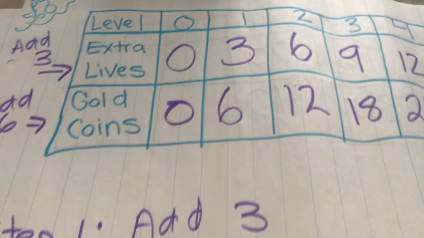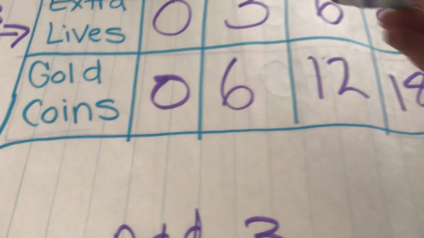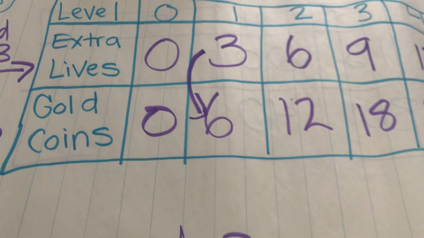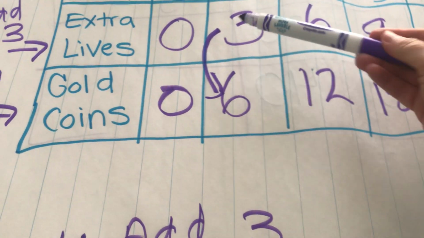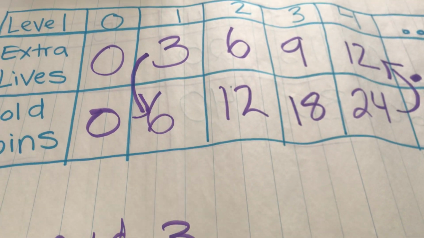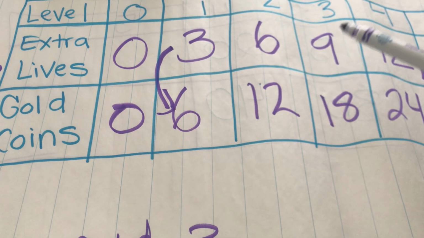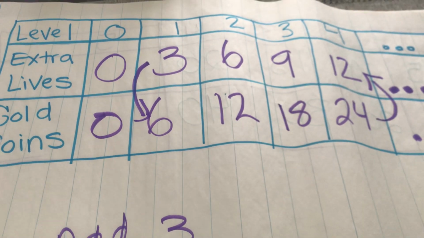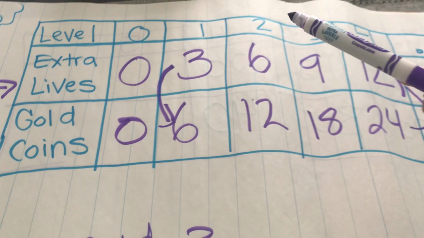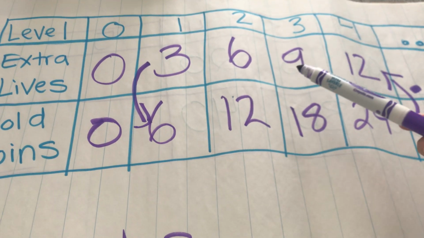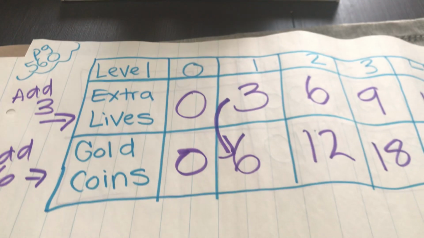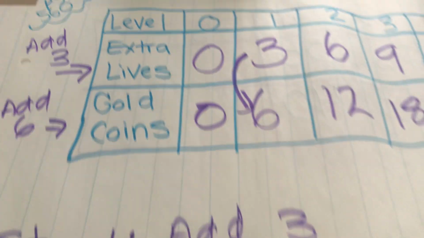Or if we went the other way, if we went from extra lives to gold coins, going from smaller to bigger, I could add or multiply. Let's stop to think. What are we doing each time? 3 to 6, 6 to 12, 9 to 18, 12 to 24. We could multiply. 3 times 2 is 6. 6 times 2 is 12. 9 times 2 is 18. 12 times 2 is 24. So another rule for extra lives to gold coins could be